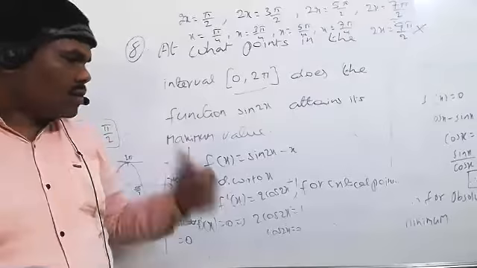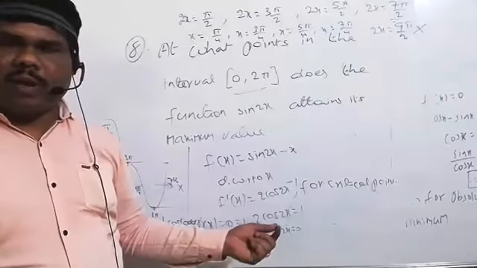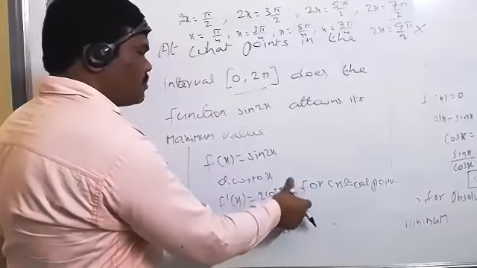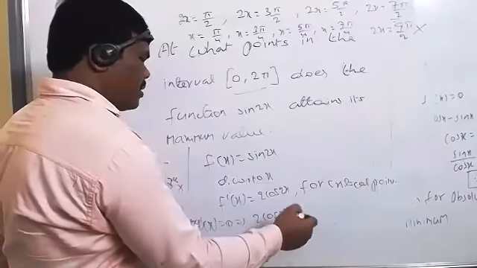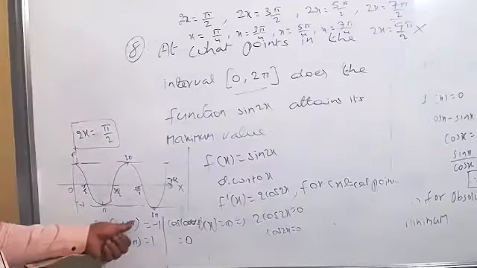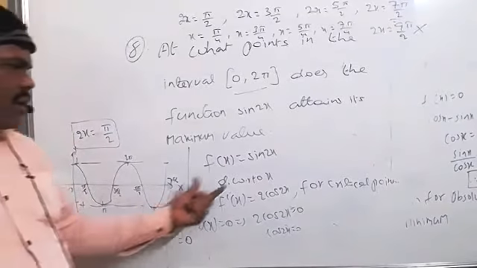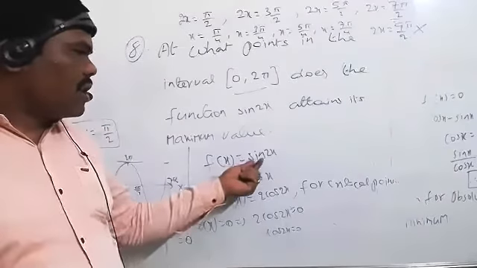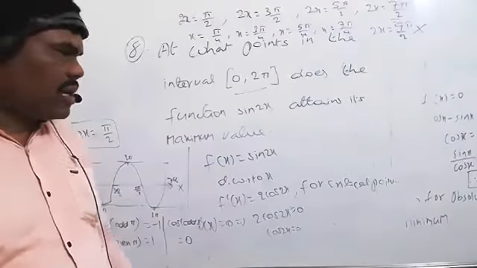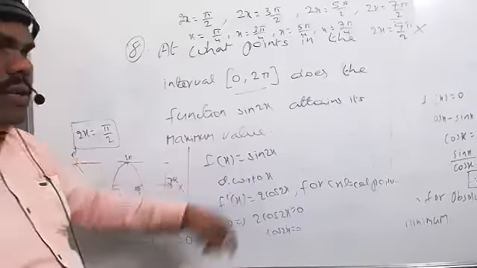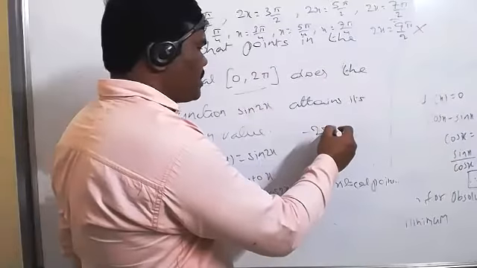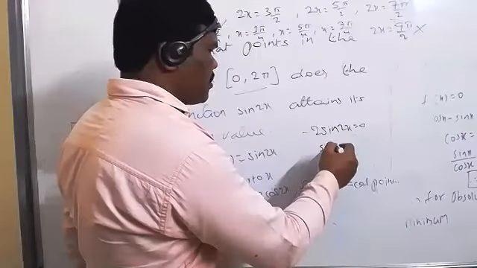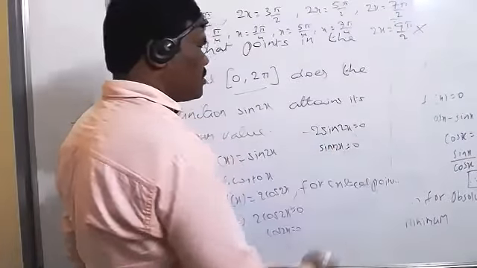Okay, purely if you got cos x equal to minus 1, cos x equal to 0 and cos x equal to plus 1, then you can follow these all very clearly. These three conditions. Suppose they give cos 2x here. The differentiation of cos 2x, please tell me, what do you get? Minus 2 sin 2x, minus 2 sin 2x equal to 0. This also will give sin 2x equal to 0. It's correct. Sin 2x equal to 0.